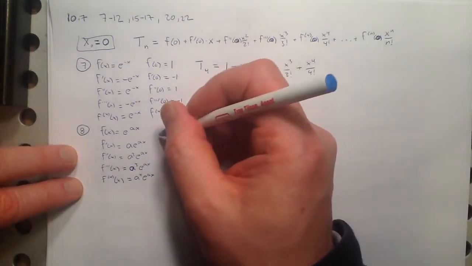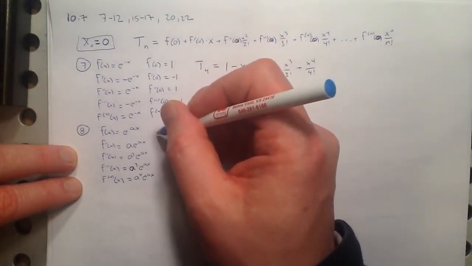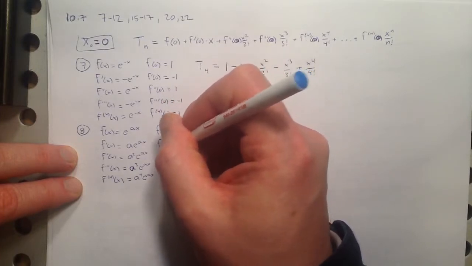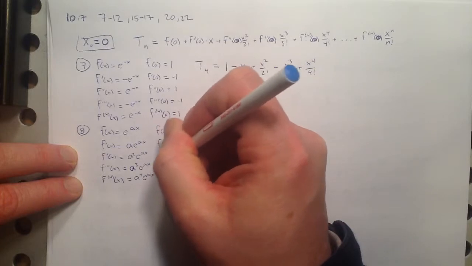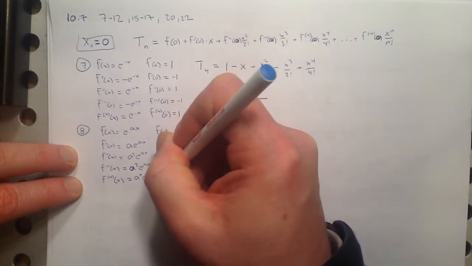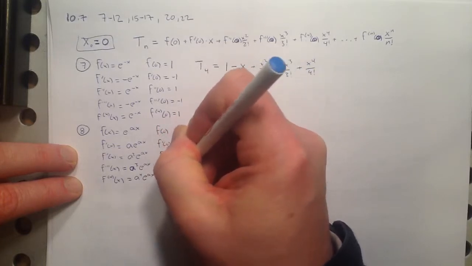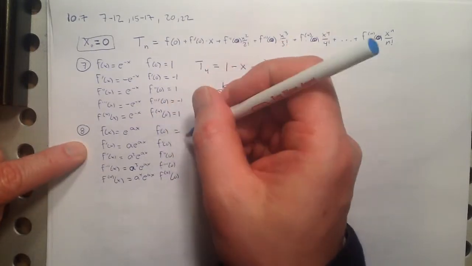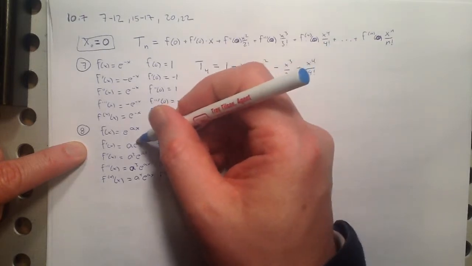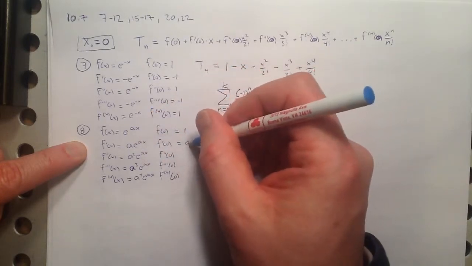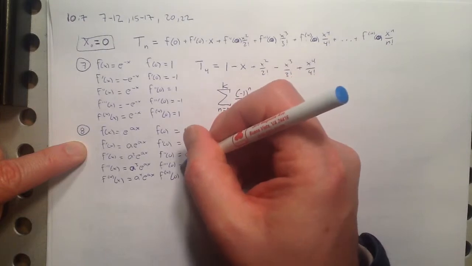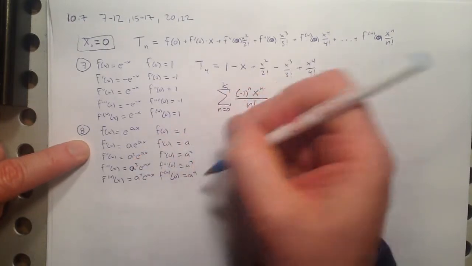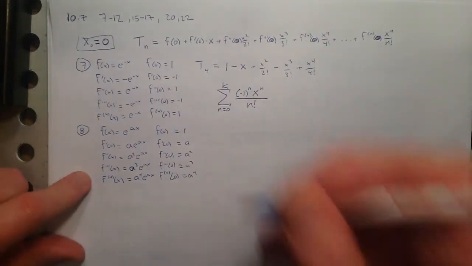And then if I want to know what those are equal to at 0, what's f of 0, what's f prime of 0, what's f double prime of 0, what's f triple prime of 0, and what's f quadruple prime of 0. That's what I get when I plug 0 in for these. So e to the 0 is 1. This part is going to become 1 for every one of these. So I just get this part in front. And then I just need to cook this thing up